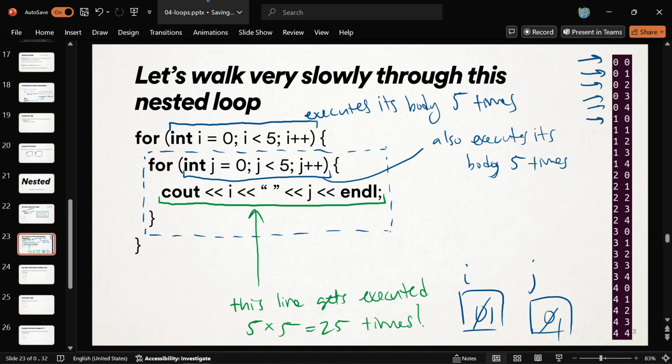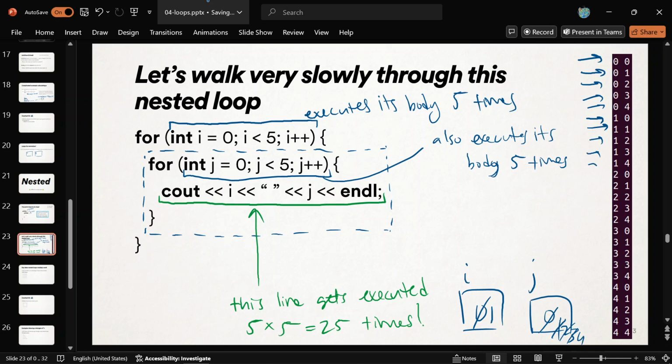Then j++, 1, 1. Okay? 1, 2, 1, 3, 1, 4. And that will complete this inner loop one last time, a second iteration, right? A second rendition of it, maybe. And then we're done with this body. We can do i++ again. Now i is 2, right? And then we can do 2, 0, 2, 1, 2, 2, 2, 3, 2, 4. Does that make sense? What's happening there?